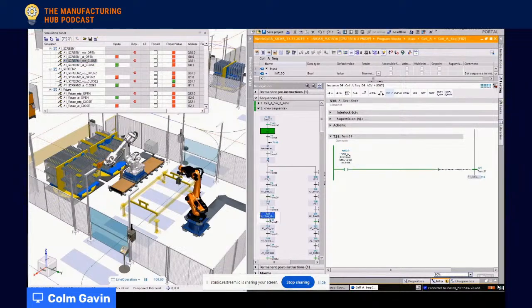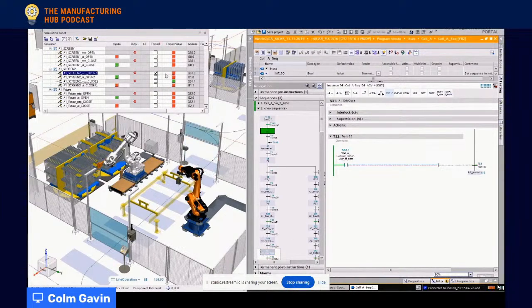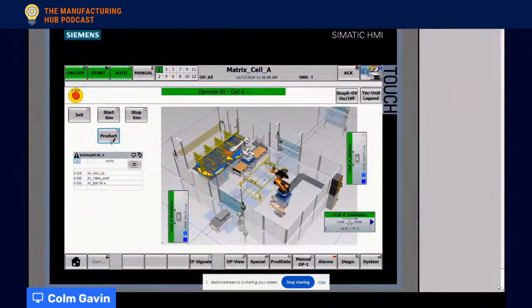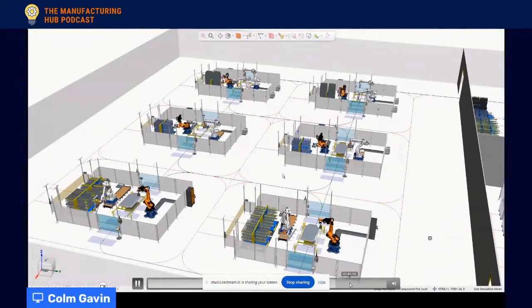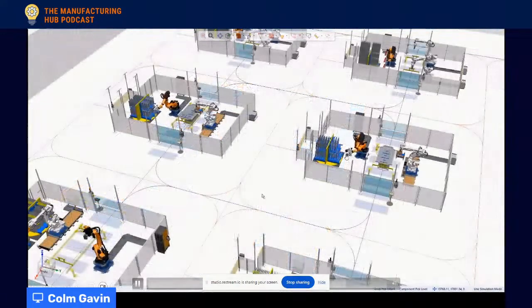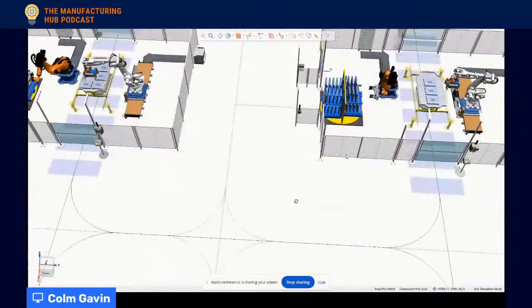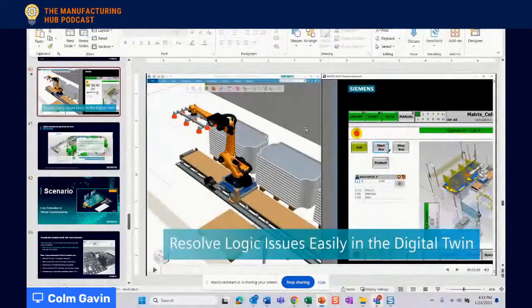In this case, you see the robot or the guard door going up and down. And that's my virtual wire test, if you like, to verify that the model is reacting correctly to the signals that I've programmed. And then I can program the system and so on. And I'll just jump ahead here in the video. This is where you can really prove out the automation for an individual cell or a complete line. So that's one example there that we can do.